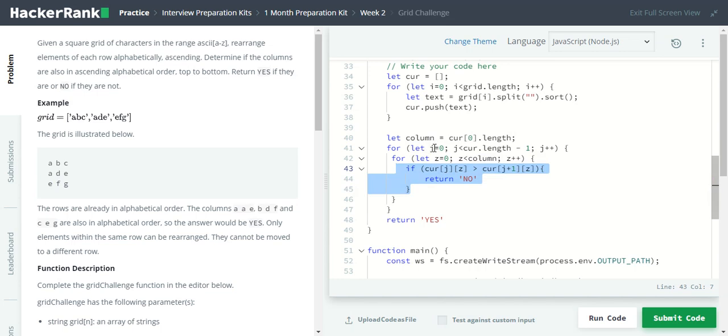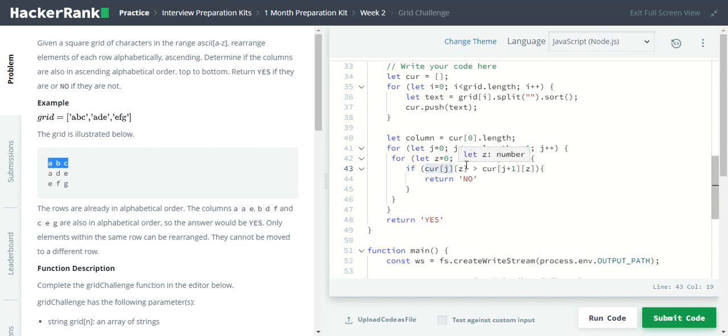So let j equal 0, j less than the array length minus 1, then increment j. We do another loop, but this time let z equal 0, z less than column, then increment z. So our condition here is if the core, that's the array, at j,